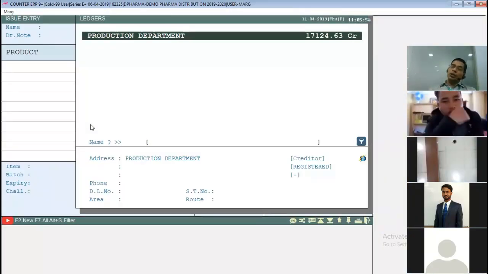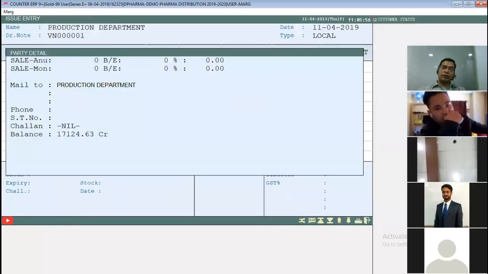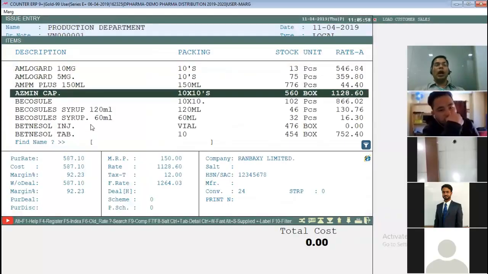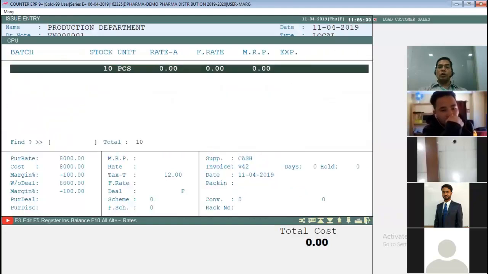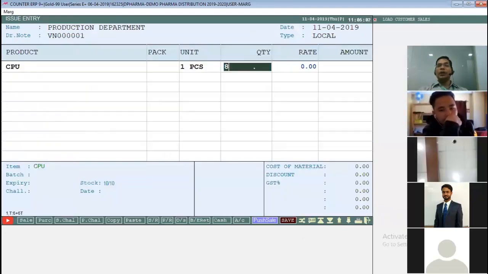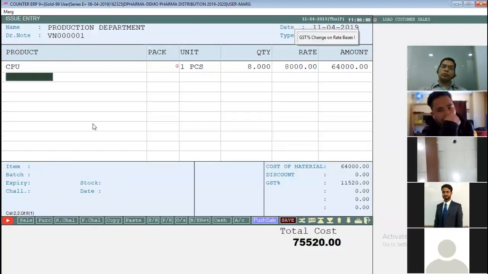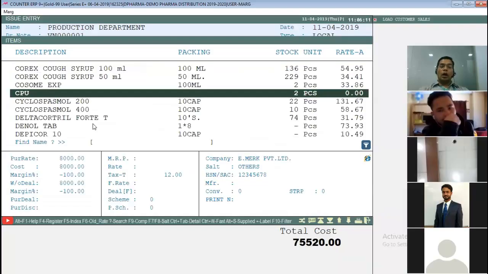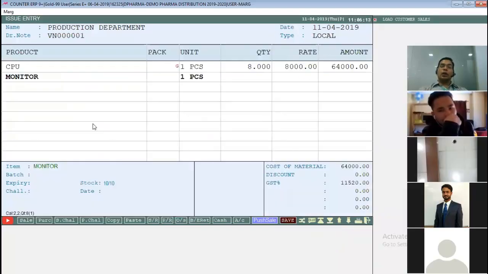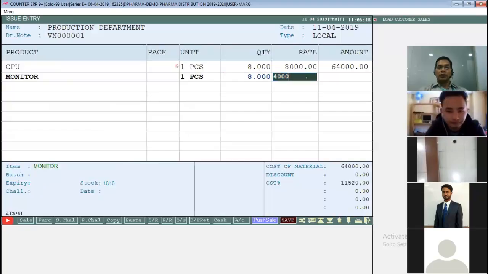So to whom am I issuing? I am issuing to production department. What am I issuing? I am issuing a CPU. I'll issue 8 pieces of CPU. Because it is internal, if you want, you can put the cost. Monitor. I put here 8 pieces at the rate of 3,000 or 4,000.